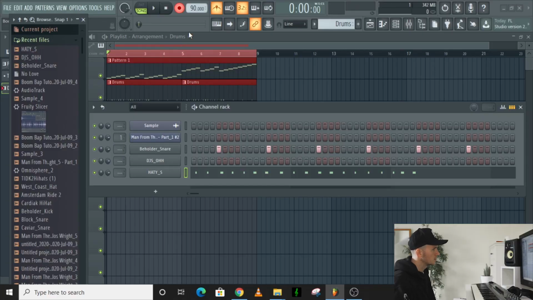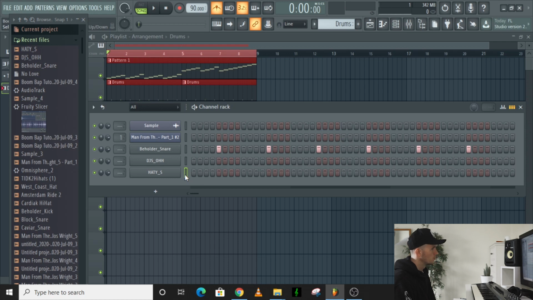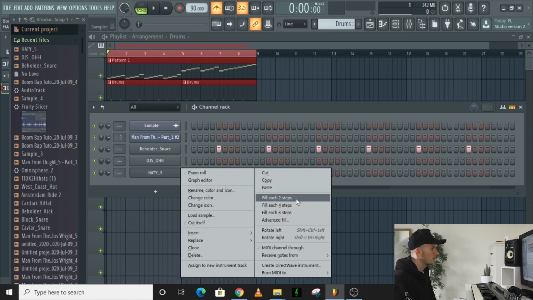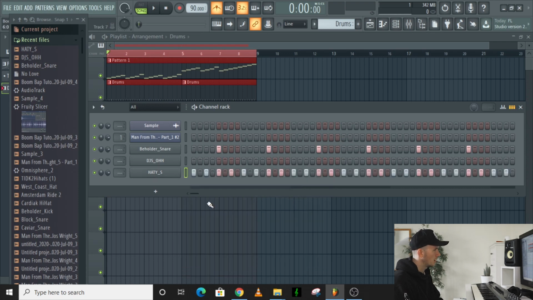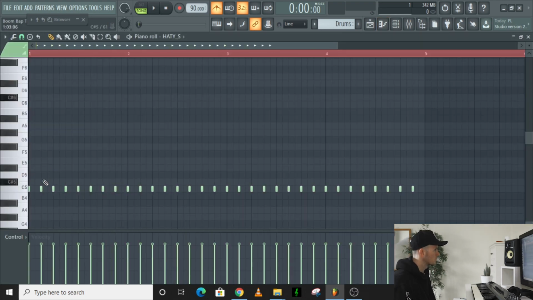That's a bit off. The latency's throwing me off, but basically I will usually record it in, but if you can't record it in, then what I do is fill in each two-step if you want that rhythm. And then to make it a bit more natural, this is a nice trick for boom bap. So I select every other note, just like this. I'm just holding Control and Shift right now, and then just dragging and clicking the ones, every